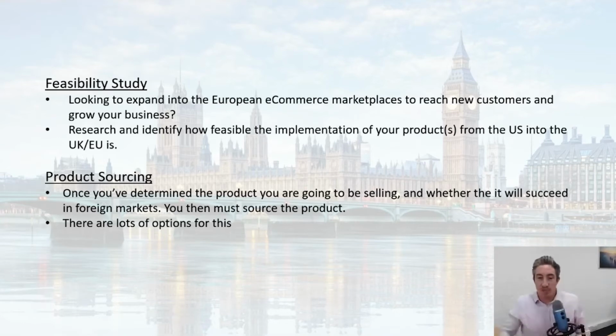Germany, France, Spain might be better than the UK and Sweden for some products, and the Netherlands. There might be products that are more suited to one location or another. A feasibility study might actually have a look and say, well, actually, the best marketplace for your product would be this one and this one, because